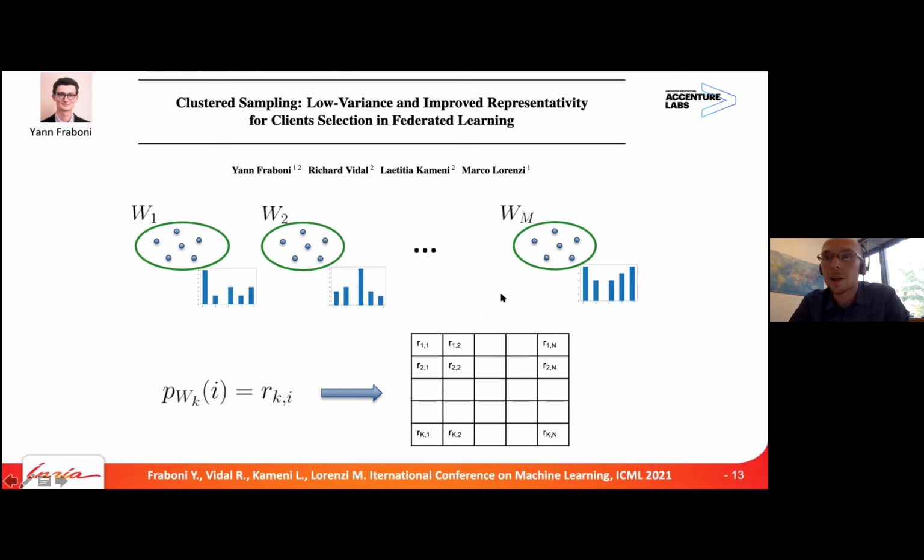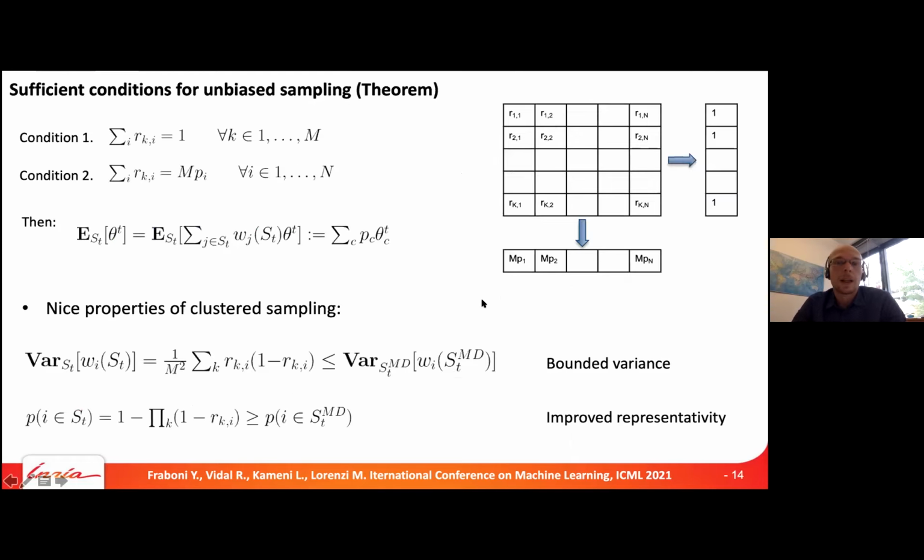So it's a generalization. Why did we want to do this? Well, I will show you later why this actually makes sense. The first question is: does this make sense, and what does it mean to define this set of distributions? Well, there is a theorem that can be proven. There are two sufficient conditions.